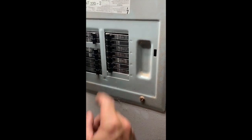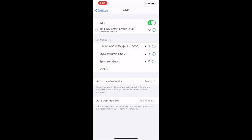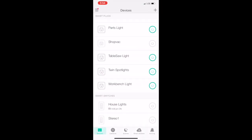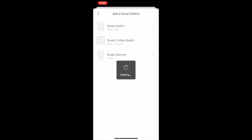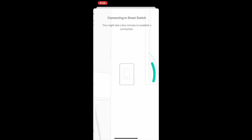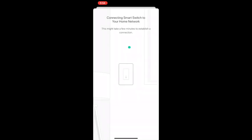And then using the Kasa app, which there's a bunch of YouTube videos on how to do this, but it's pretty easy. Go into the phone, go into your Wi-Fi settings. The switch is going to put out a Wi-Fi signal. You connect to that Wi-Fi signal and go in until you want to add a device. I'm going to pick the device, a smart switch. I'm going to say it's blinking orange and green. That's my Wi-Fi for the switch, and then it configures itself. Then I add it to my home Wi-Fi, and then I'm going to let it update itself real quick,